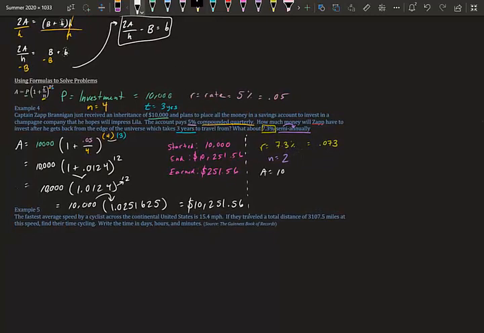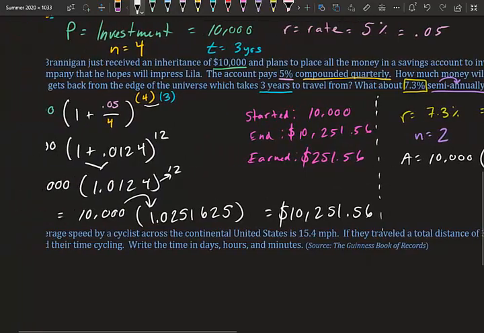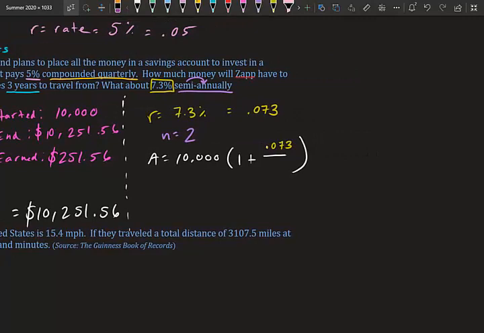So we have A equals 10,000 times 1 plus R, and our R this time is 0.073. Sorry, wrong color. And that's over N. We're going to compound it semi-annually now, so that's 2, to the power of N times T, so that's 2 times T. The T is not changing. We're still doing it for 3 years. All right, this is where I want you to pause the video